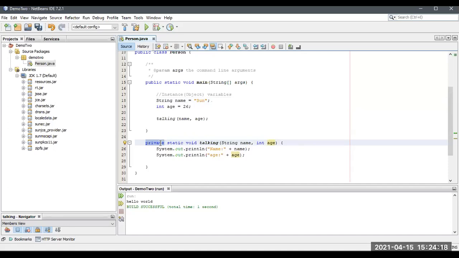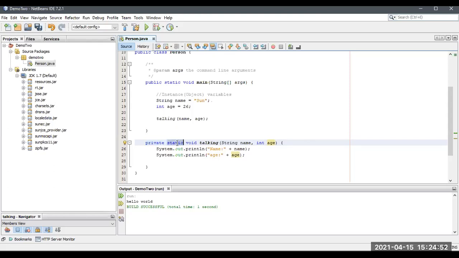If someone wants to access your method or an instance variable, you keep it public, or else keep it private if it is for use only within the class. What is the use of a private access modifier? Outside the class you can't access that. So if I'm going to access this particular method outside this person class, you can't access it. If you mention public over here, you can directly access it. So there is no need of thinking about that.